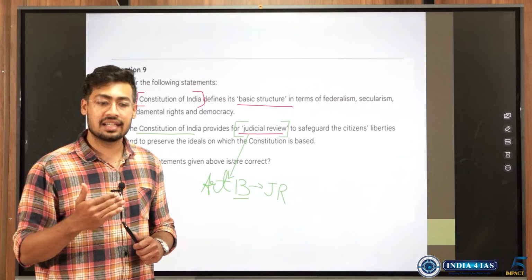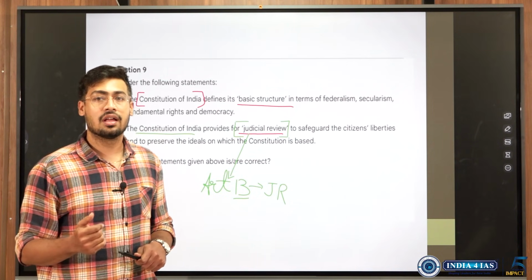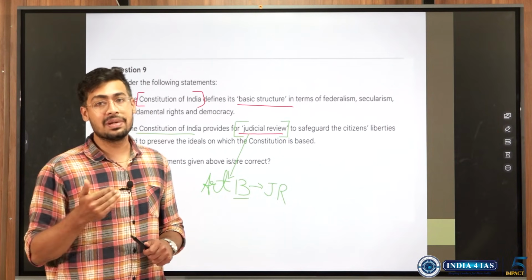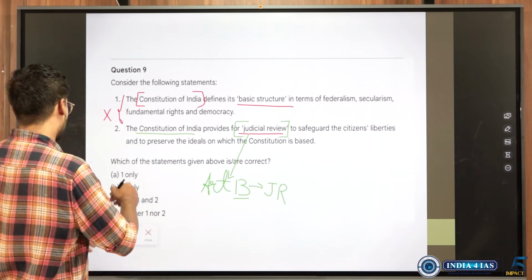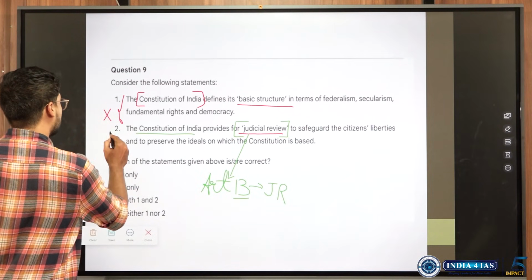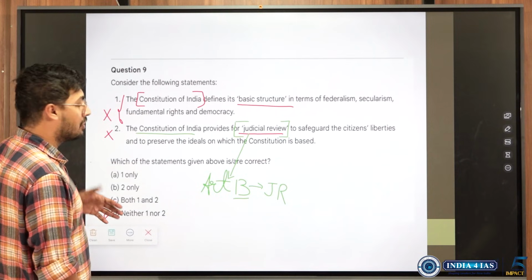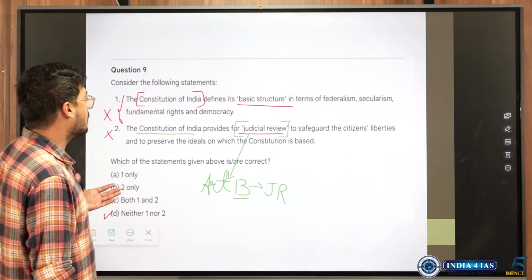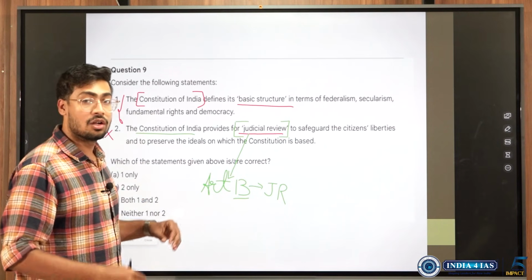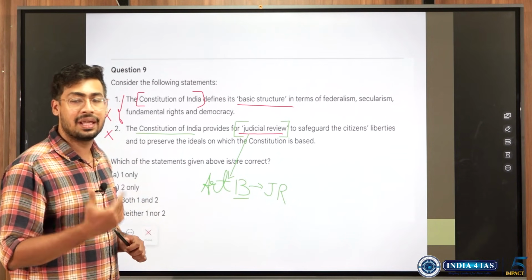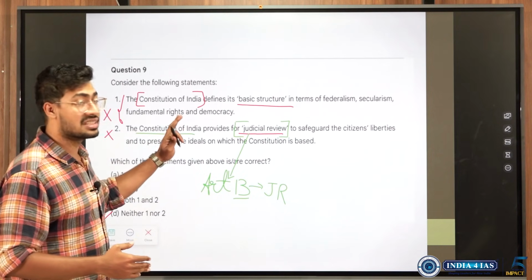When we studied in the test series and books, we studied that judicial review is being provided by the Constitution. We took it implicitly, but when UPSC gave the answer key, it took this to be wrong. It said the answer is D. Every institute said the answer is B because we took the implicit meaning, but UPSC took that the Constitution has not explicitly mentioned or provided for judicial review, and that is why it took this statement to be wrong.